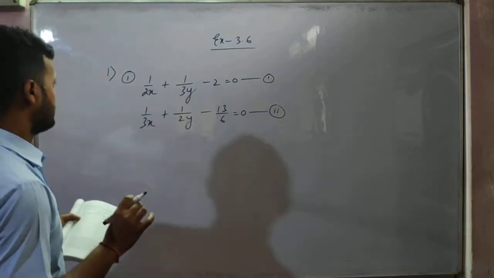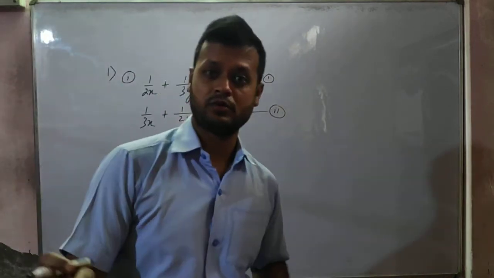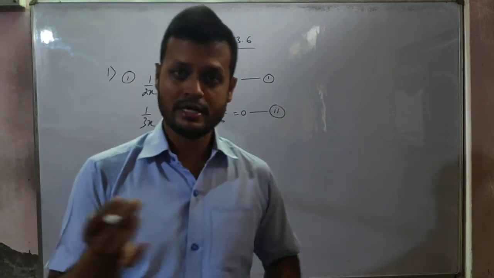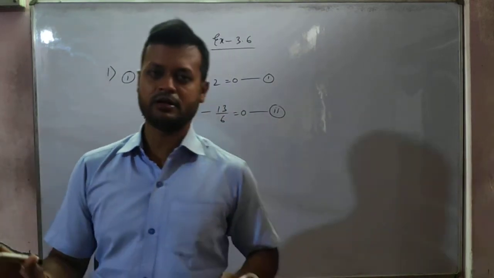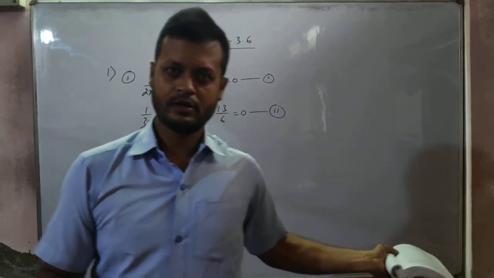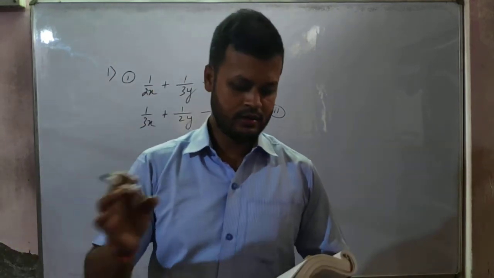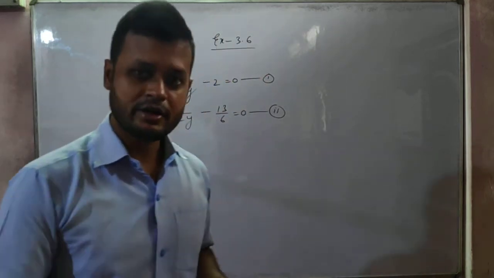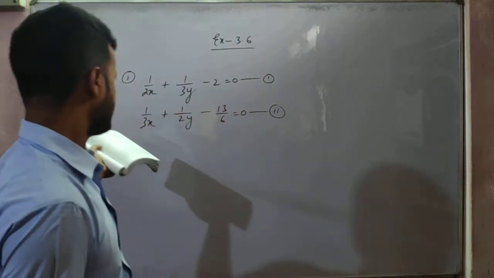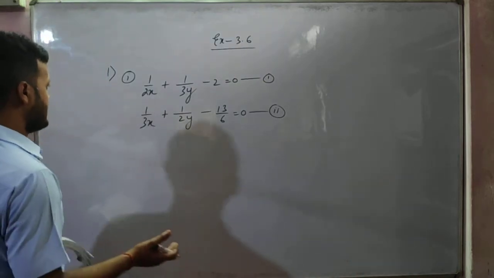Okay, because most possibly, if it is written that you have to reduce and solve, like it is mentioned here, then definitely you have to reduce only, like what I did just now. Reducing means to take 1 by x as u and 1 by y as v. But if it is not written whether to reduce or not, then you better do it directly. Okay, directly also we can do it.